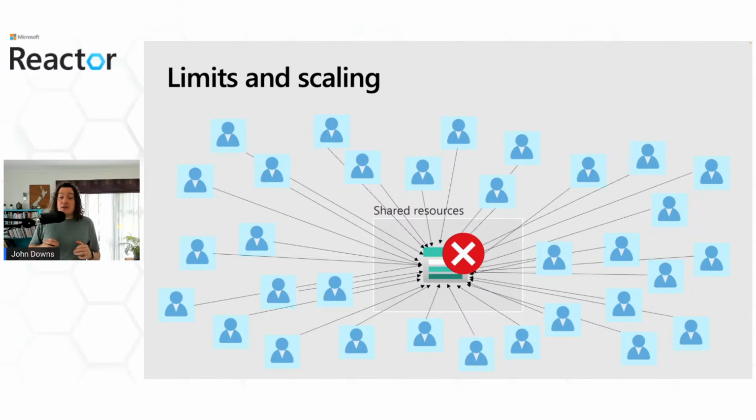So you need to consider deploying multiple storage accounts and spreading your requests across them if you're going to be getting to a high scale. But of course, you need to decide this based on your own requirements. If you know for certain that you will never get to a large number of tenants or a large number of requests per second, then this isn't something you're going to need to worry about. But in general, scaling out across multiple resources or resource groups or subscriptions is an important concept and something that you need to carefully consider.